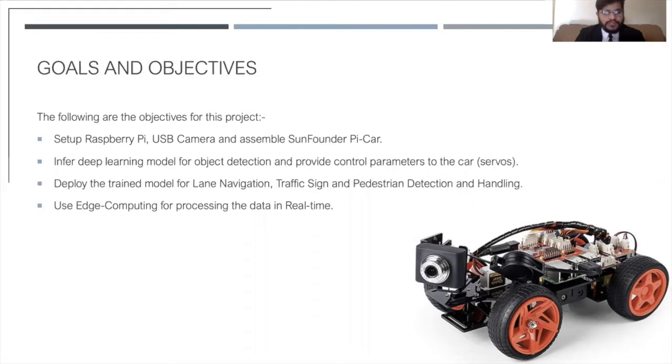So moving forward, the approach which I followed was to build the car from scratch, and then implement OpenCV techniques for lane detection and navigation, and then object detection to do all the necessary object detection and pass the parameters to the car to stop in time. But the problem right here is that Raspberry Pi is computationally insufficient to do real-time computation. So that is when the concept of edge computing comes into the picture.